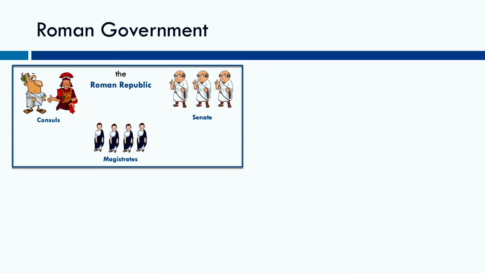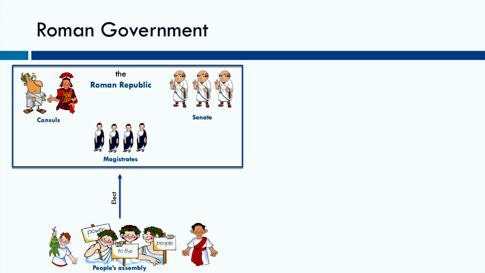These people, formally speaking, were elected by the People's Assembly, a group of Romans with, again, civil rights, as long as they were men, and as long as they were adults. The People's Assembly in Rome also elected the People's Tribune, a person who had the right of veto, meaning they could block any law that theoretically threatened the rights of the ordinary people.